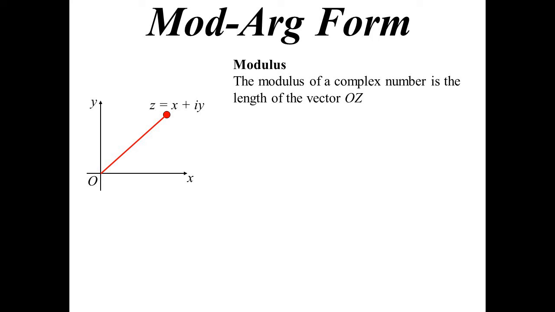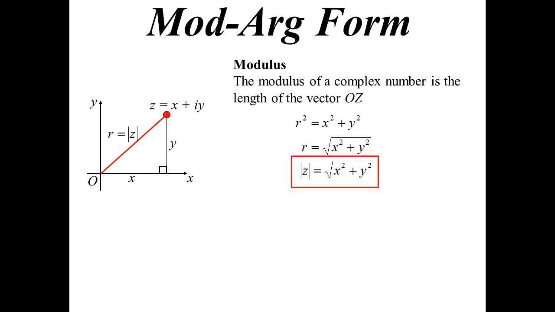the complex number. Now, if I drop in and get my vector, its horizontal and its vertical components, well, as far as our complex number goes, that becomes our real part and our imaginary part. So it means we can find it using what we saw in vectors. It's just the square root of x squared plus y squared. Or more interestingly, r squared equals x squared plus y squared, which we have seen quite a bit now. Now the symbol we use for modulus is the absolute value symbols, because as I say, essentially modulus is absolute value. Absolute value of z, or modulus of z, is the square root of x squared plus y squared, so